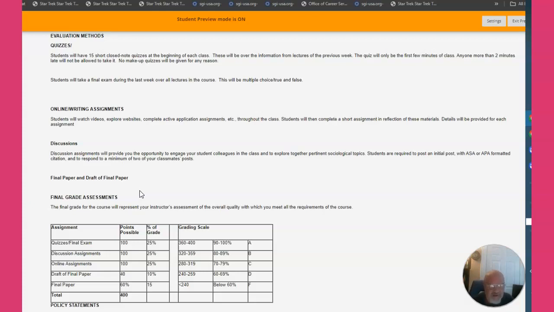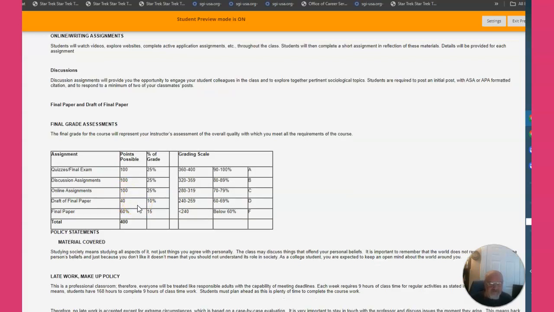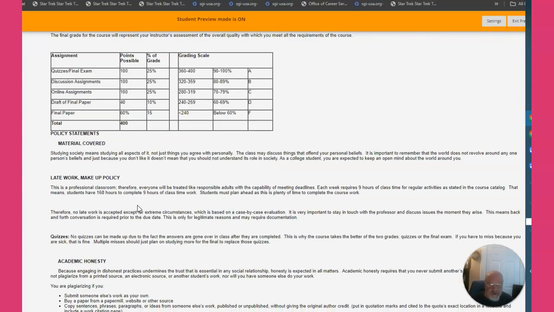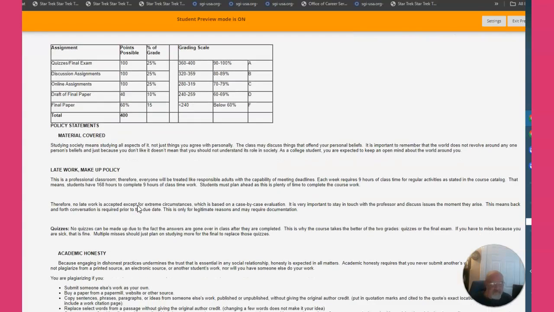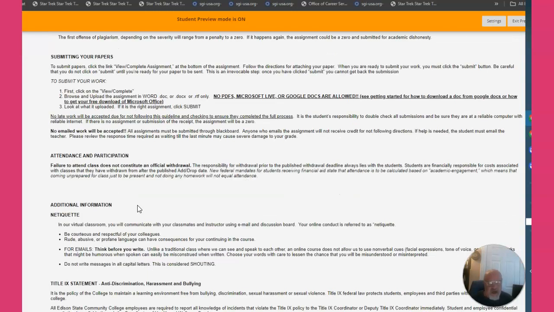I've got videos, websites, active application assignments throughout the class. And there are quizzes, a final exam, discussion assignments, online assignments, a draft of a paper, and the final paper, okay? So please read through here. I'm going to be looser than this document suggests,